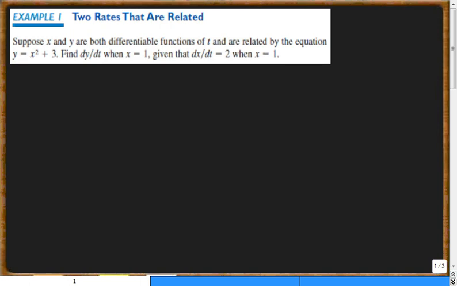Okay, so now let's look at some examples of related rate questions. First one says, suppose x and y are both differentiable functions of t and are related by the equation y equals x squared plus 3. So we've got y equals x squared plus 3. It says find dy dt, so we're going to say dy over dt, so we don't know this. When x equals 1, so we've got x equals 1, and we've got dx dt,